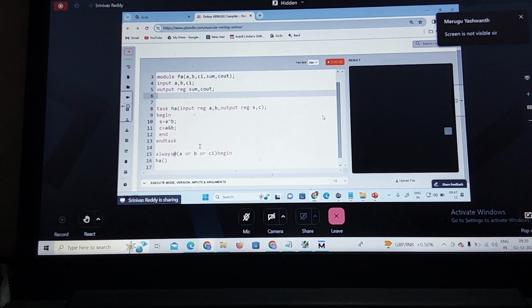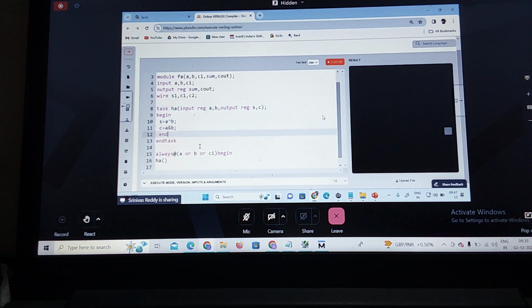So I need to declare this as a what data type? Wire data type. What are the wires? Shall I take S1, C1, C2? Did you understand? Then what I need to write here? Full adder output is